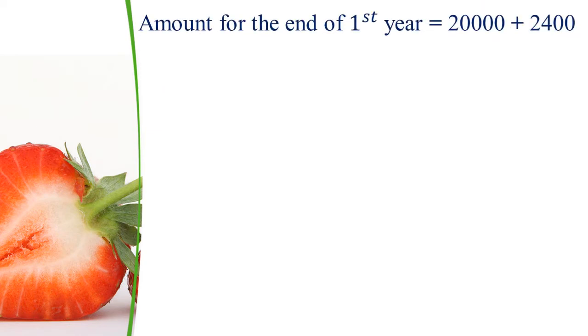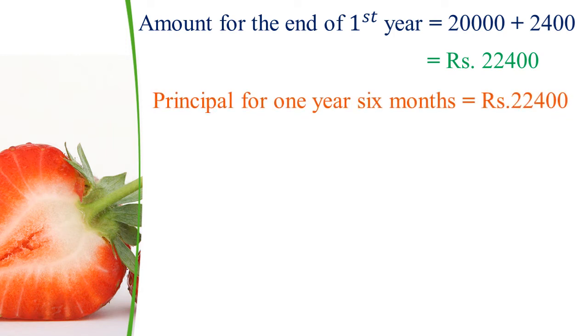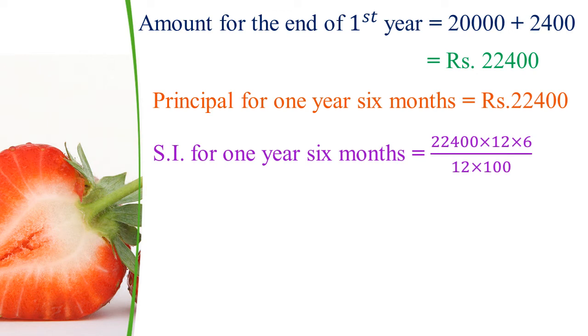So, the amount for the end of the first year is 20,000 plus 2,400. So, rupees 22,400. This is the amount for the end of the first year. So, the principal for 1 year 6 months is rupees 22,400. Now we are going to find simple interest for 6 months. Here the principal amount is rupees 22,400 multiplied by R is 12 multiplied by time is 6 by 12 multiplied